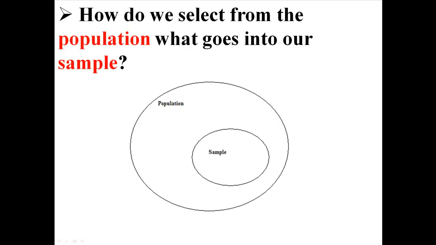So far, I've talked to you about populations and samples. Now we're going to talk about how we choose what goes into our samples. And that is the question. How do we select from the population what goes into our sample? And now before I start talking about different sampling methods,